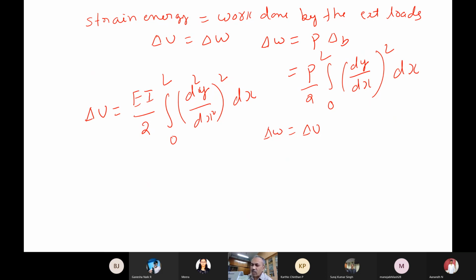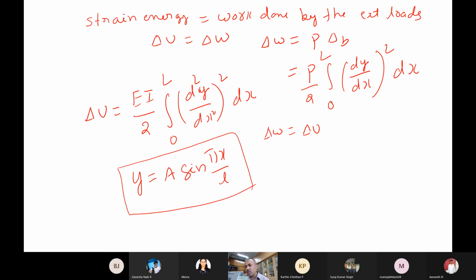And then the most important thing in this method is that you assume the first buckling mode shape. So if you assume it for the simply supported column, okay, as I already told you, there are generally two ways in eigenvalue problems. One is you get the eigenvalue, then you get the buckling mode. Or if you are good enough to predict the buckling mode, then you find out the corresponding eigenvalue also. So we took this for the simply supported column in the video, and finally we got P_CR as pi square, exact we got actually.